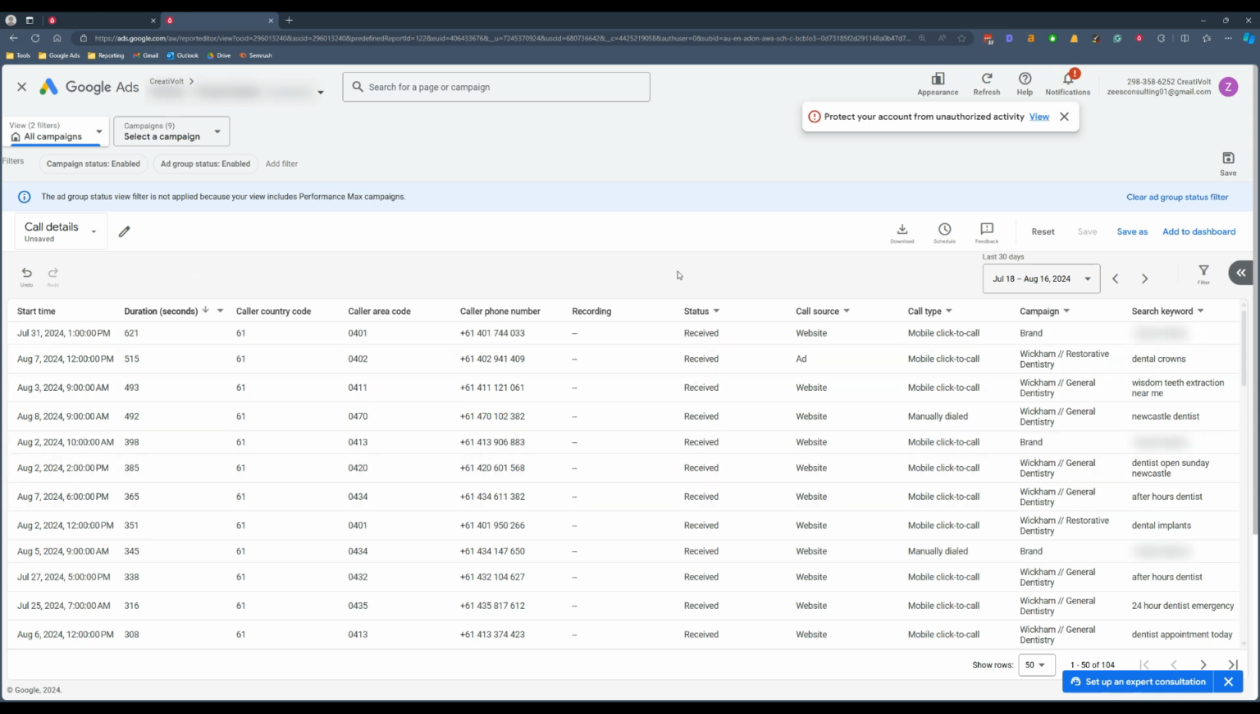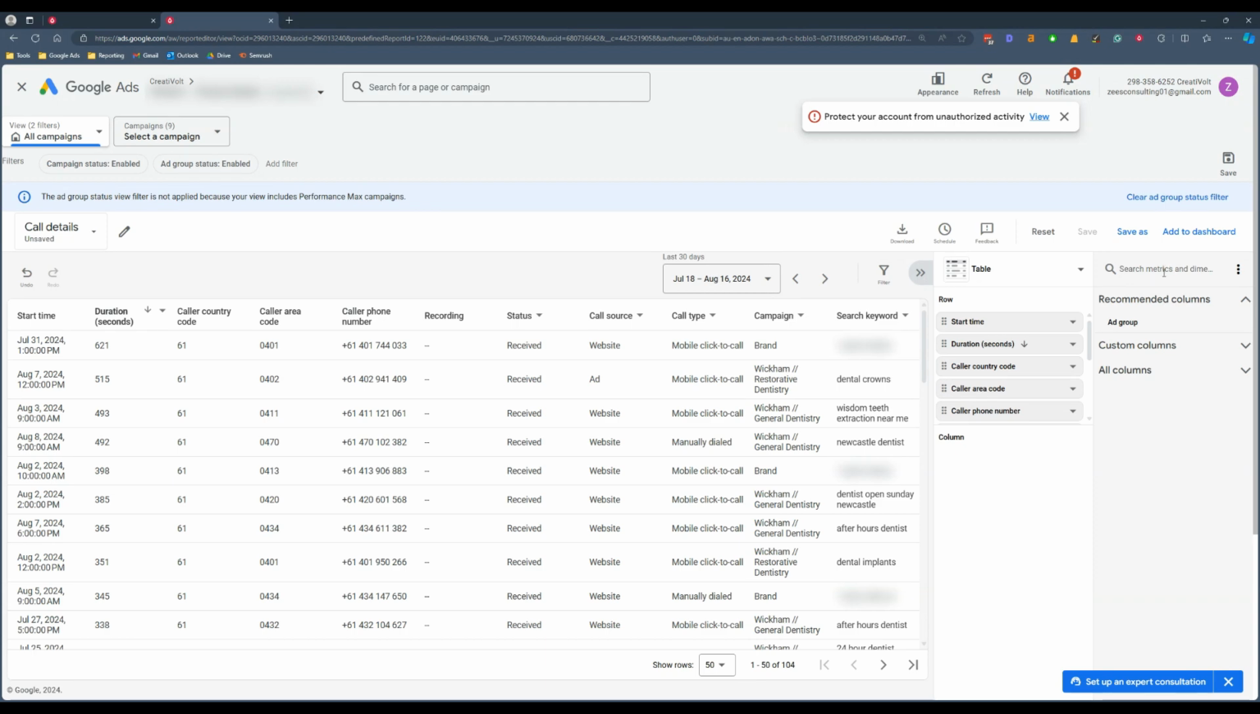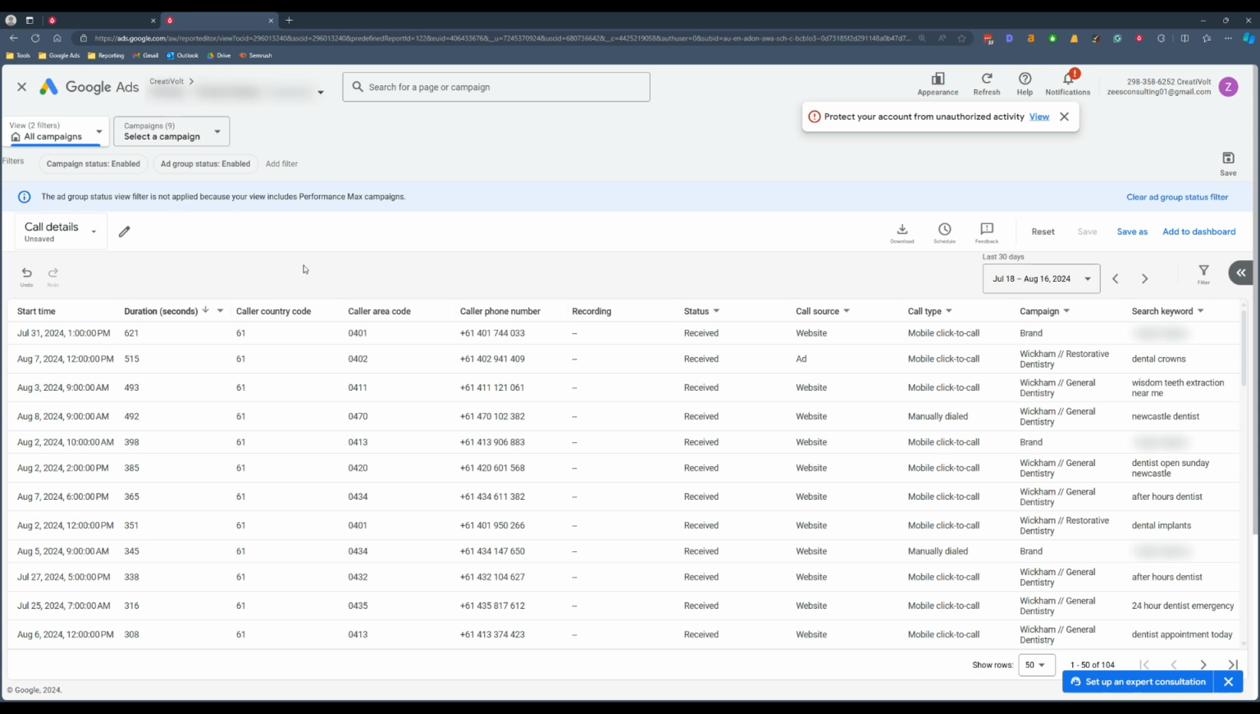And then the other thing I like to do is add in the search keywords. So if you don't see this column, you basically just need to expand this tab here, search for search keyword, and then just add this column in. Now, from this data, we can see that all these engaged callers here came from these specific campaigns, and more